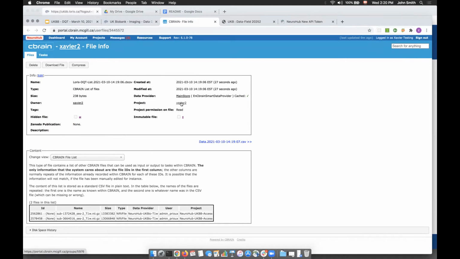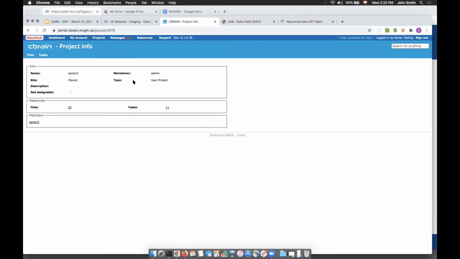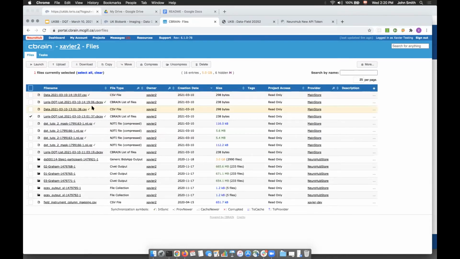And if you go back to your project, you can browse through your files. I'll find the last created. This is the one, 1420, 14.2.